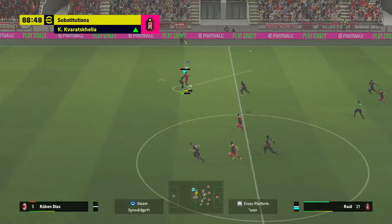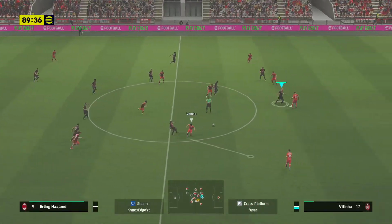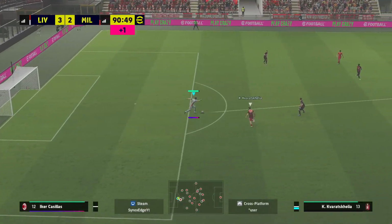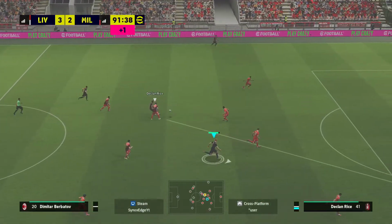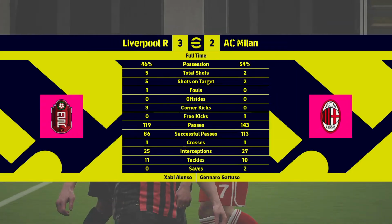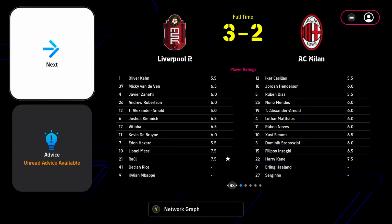Kvaratskhelia. It's an inviting looking ball, that. Liverpool ran themselves into the proverbial cul-de-sac there. Well timed, excellent interception. Long ball by the goalkeeper. Berbatov. And that will be the final act. Well, that turned out to be quite a game. Both sides committed, determined, driven, and whilst you might argue to the contrary, perhaps a fair result on the balance of things. Well, after all of that, Jim, what are you thinking? Milan really...